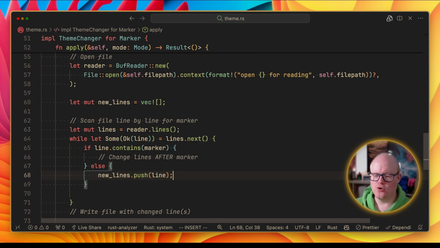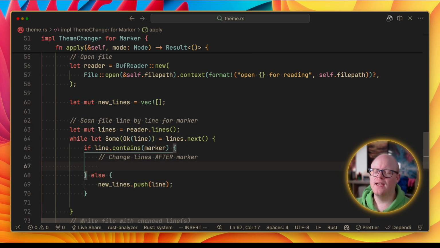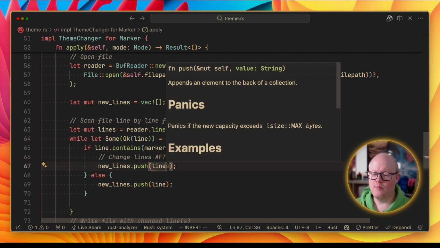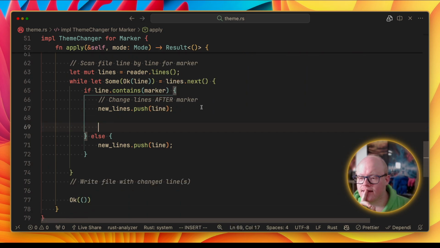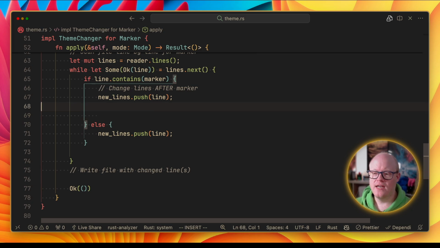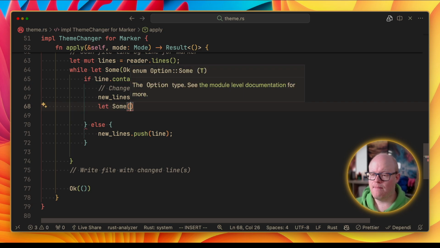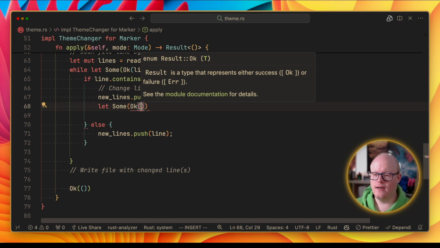We simply store the line there, and if we have actually a marker matched, we need to push into the new lines as well, because this is only our marker line. Yeah, that makes sense. So this is only the line that actually has the marker, and now we need to read the next one. So let some OK